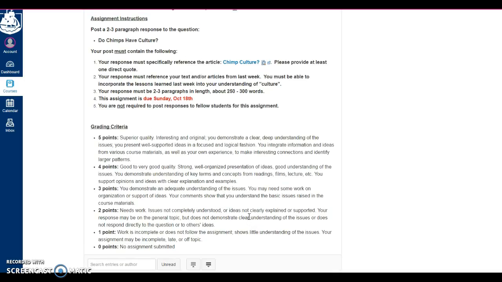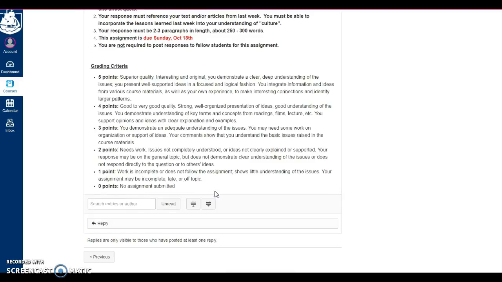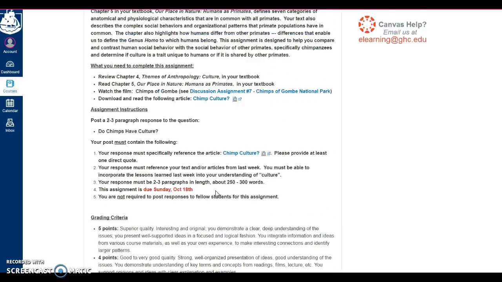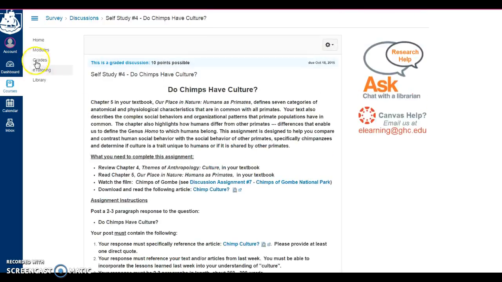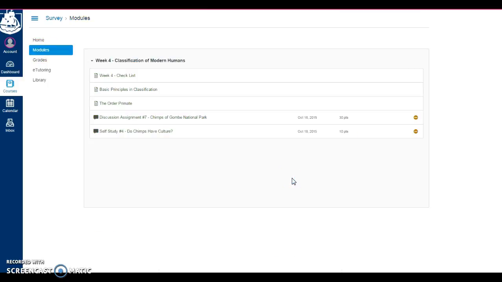Students are introduced to these different ways of grading and these different concepts early in the quarter, so they understand the process. And it's very much about being specific about the process. So I'm going to go ahead and go back up to modules. So that explains the basic modules